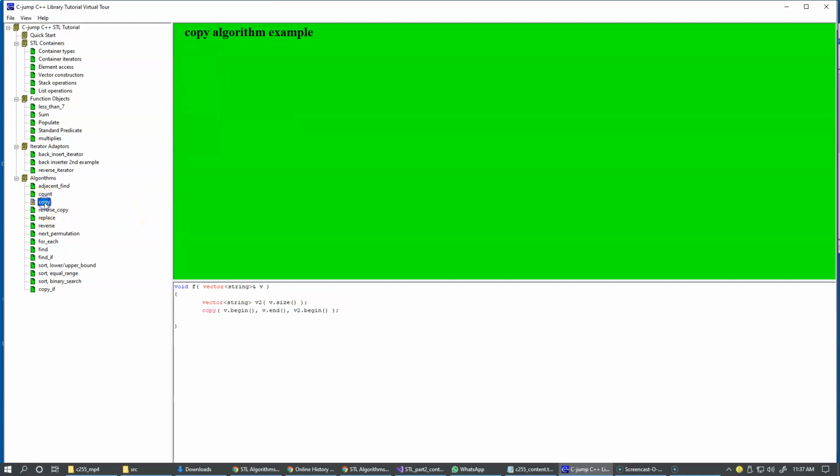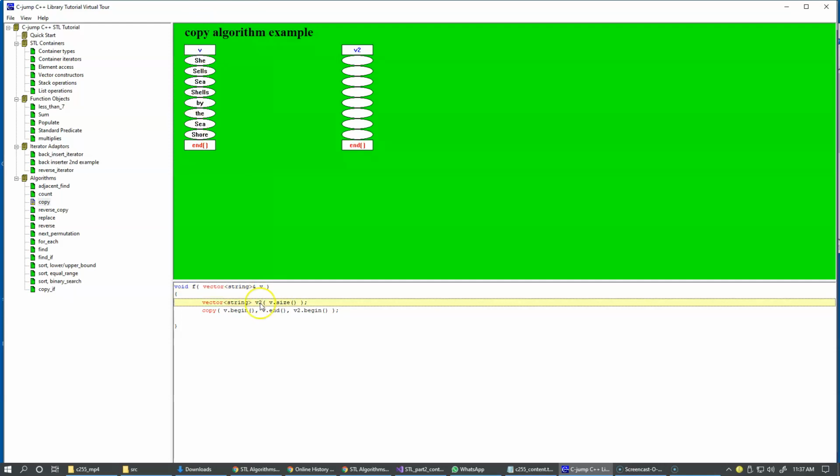Another example, copy. So copy is a very standard procedure, and many things can be done with the simple assignment of one, for example, vector to another. But if we have to use a range of values, then we can use a copy algorithm. So once again, we pass the same vector example by reference into a function, and there we take its size and we construct a copy. And notice that to use a copy algorithm, you have to reserve a space for the target